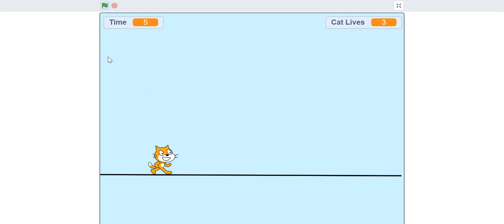So here we have a cat taking a walk in the park. It's kind of like a clouds and road mark, right? I have to jump the cat over the trees, right? And our goal is to make sure the cat doesn't touch the trees. If it does, like it did just now, the cat's lives keep going down, right? Now,